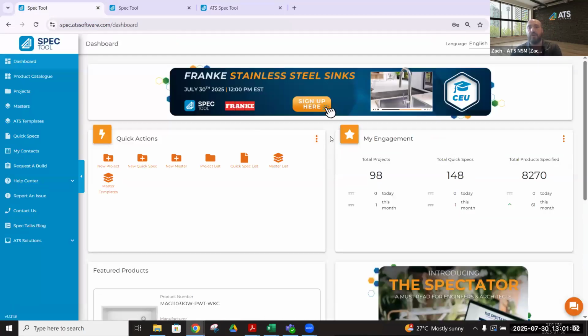All of the accounts are associated within your firm, so you can share projects. Zach's engineering firm in Toronto can also work with Zach's engineering firm in Vancouver. We can share projects online. We can share masters. You have accessibility to navigate and view all your previously created projects, masters, and quick specs with the left toolbar. And that takes us into the quick actions tab here, where again, we've got projects, quick